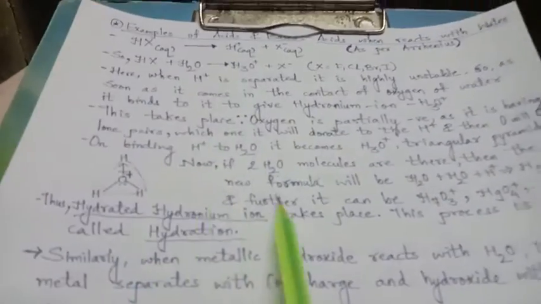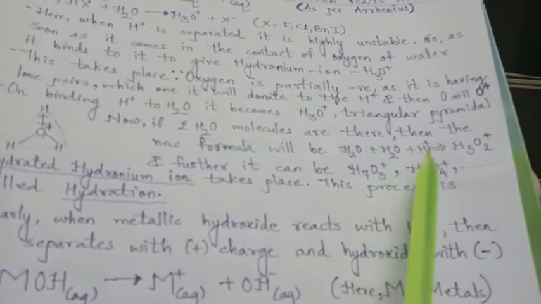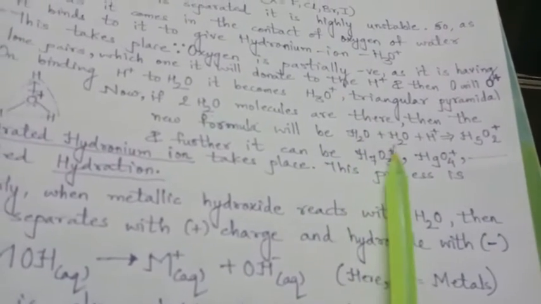Instead of 1, if there are 2 water molecules, twice H2O, then the new formula will be H2O plus H2O and hydrogen ion. So H2 plus H2 is 4, plus 1, right? H5O2 plus, and now O will acquire the positive charge. And further, if the water molecules increase, then we'll have H7O3 plus, H9O4 plus. Here, with the number of oxygens, we will come to know how many water molecules there are. Here, 2 water molecules, right? H3O plus means 1 water molecule is there.